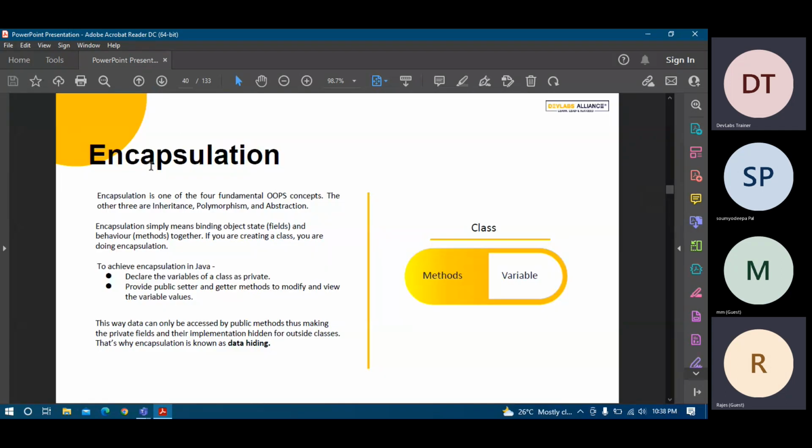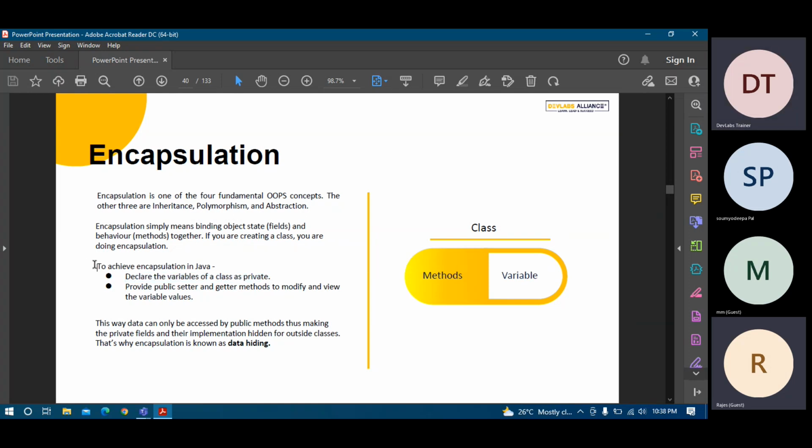So I'm going for encapsulation, the first topic. It's a very simple topic; you already have the basic concepts of this. It is a guideline, or a concept, to achieve. It says that when designing a class, keep the data members as private, and design some methods in the class and keep the methods as public. You have already designed these kinds of things, and a class can have methods and variables. So they are saying to declare the variables of the class as private